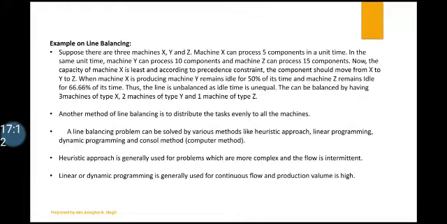Heuristic approach is generally used for problems which are more complex and the flow is intermittent. Linear or dynamic programming is generally used for continuous flow and when production volume is high.